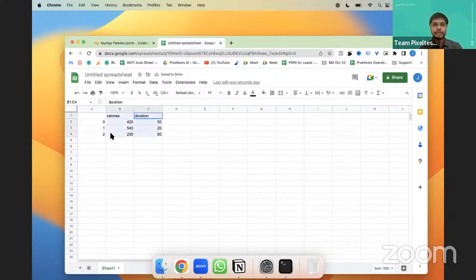Now in a way, this is also an array, right? So 420, this is a 2D array, 3 rows, 2 columns.